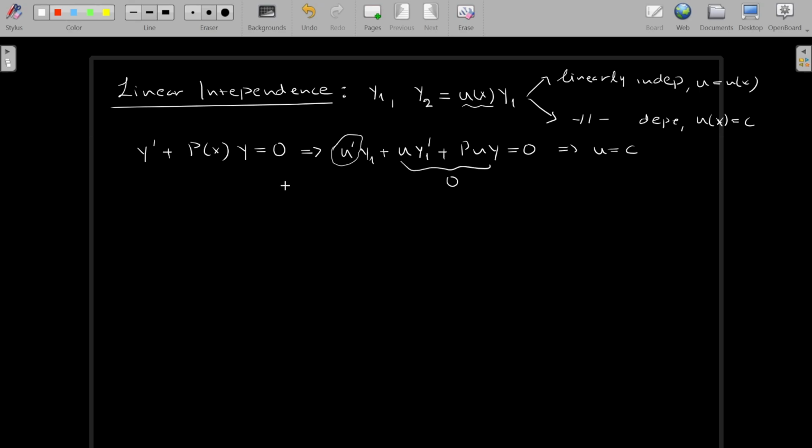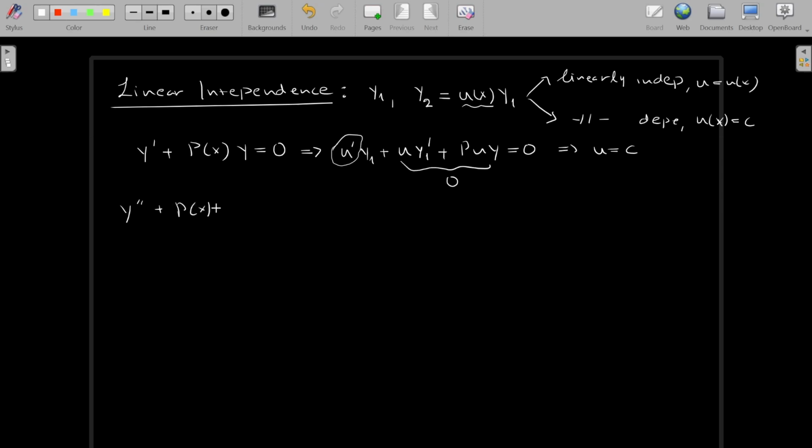To put it in linear algebra terms and language, think of the order of the differential equation as the dimension of the space of solutions. So for a first order differential equation, you have a space of dimension 1, meaning that you only need one solution to construct your basis. Likewise, for a second order differential equation,